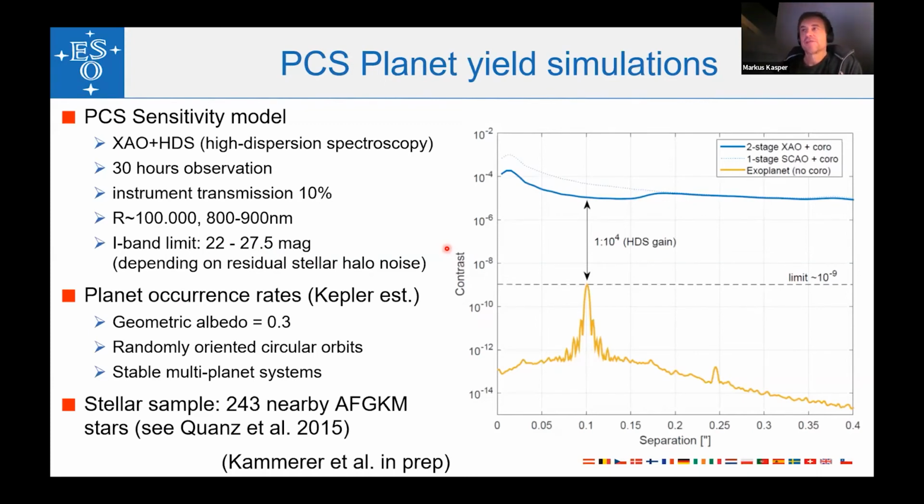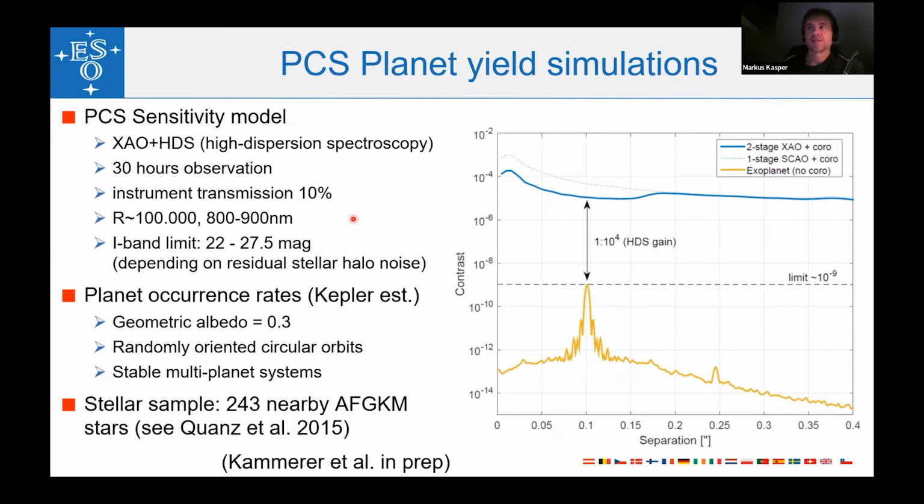To look at that, we have developed a very rough sensitivity model for the instrument. We assume the XAO and high dispersion spectroscopy combination gives you a very good contrast, but on the other hand, it also uses a lot of photons, and you spread the light over lots of spectral channels. So transmission is an issue. We assume a 30 hour observation, an instrument transmission of 10%, and a spectrograph with a spectral resolution of 100,000, observing the Doppler shifted spectrum of the planet between